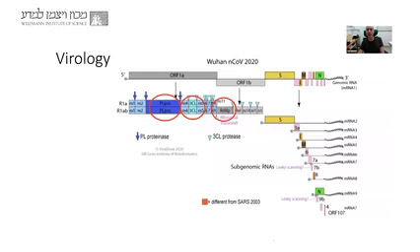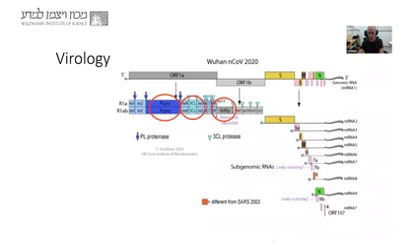Also, there is the RNA-dependent RNA polymerase. All RNA viruses need to bring some kind of polymerase that knows how to read RNA and replicate it. Otherwise, they won't be able to replicate using the cell machinery, because normally we don't have such polymerases in our cells. So this is another very, very important drug target.